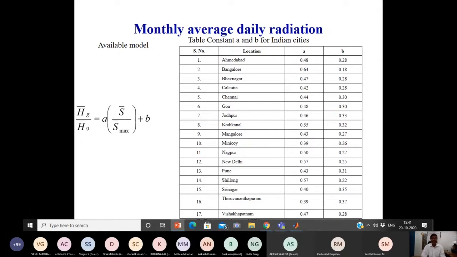And the next model is the monthly average daily radiation. In the monthly average daily radiation using the solar geometry, in the existing model, 2 constants have been used to estimate the monthly average daily global radiation. This Hg indicates the total global energy out of this reference energy. For some selected cities, the A and B constants have been defined, but here these constants are not defined with reference to the months. Only 2 constants, and the number of coefficients is very limited here.